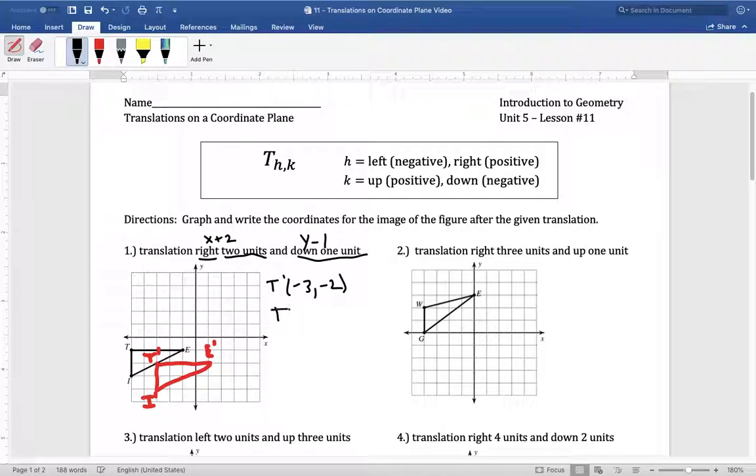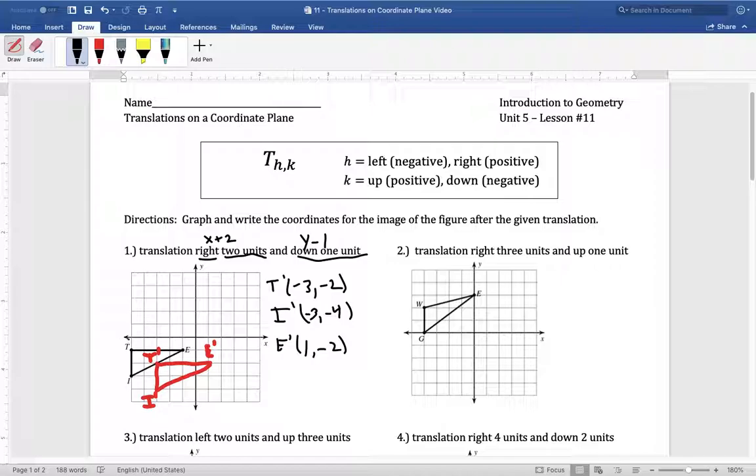I prime is -3, -4. And E prime is 1, -2. Now you can get these answers by just counting the new spots and writing down the new points, or if